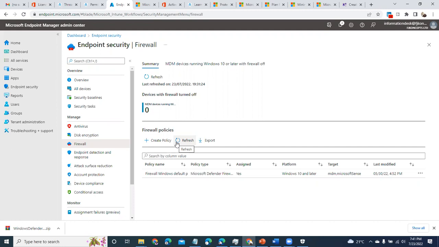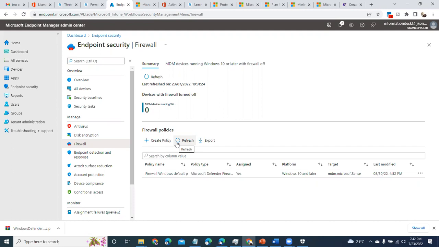So the likes of McAfee, Kaspersky, Sophos will give you firewall agents. McAfee will call it host intrusion prevention. I can't remember what Kaspersky calls it. And you would have to install them on those devices so that you can prevent bilateral communication. Windows by default gives you Windows firewall. It's on the endpoint. You're not installing it.